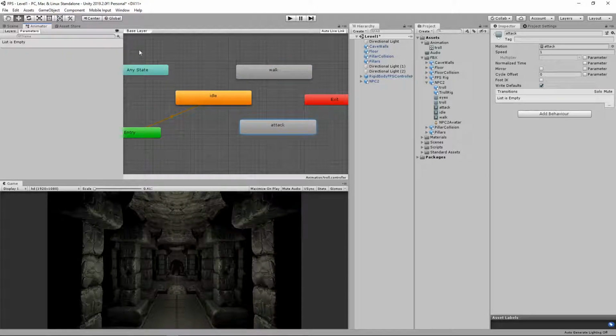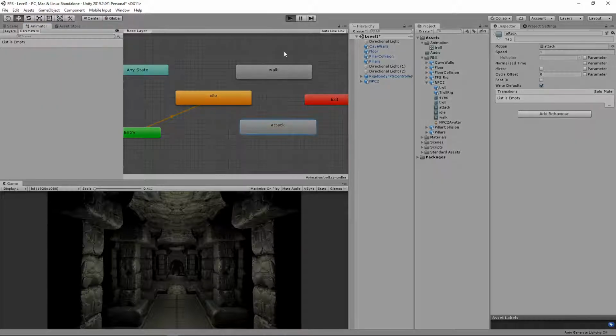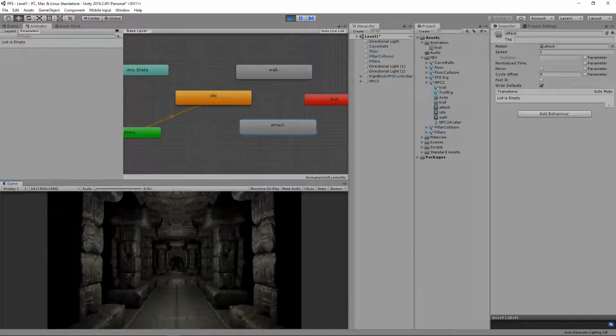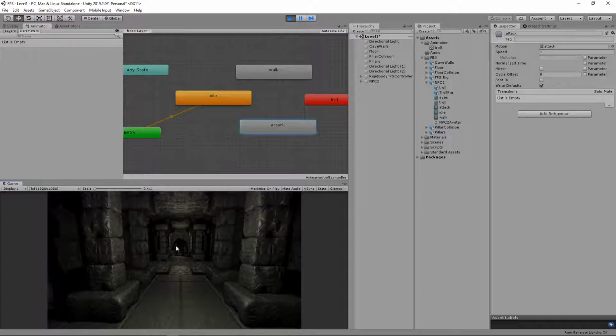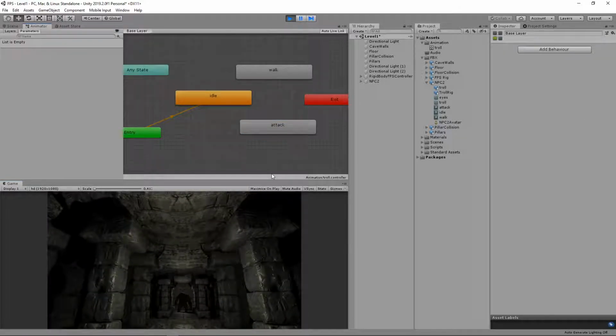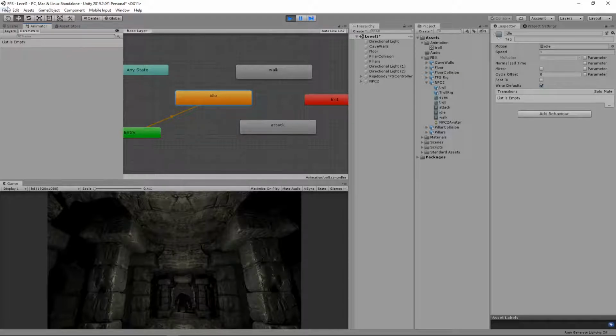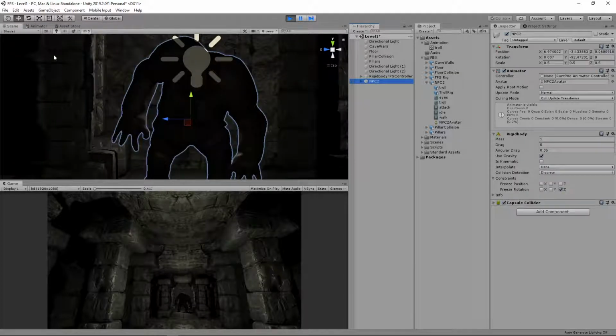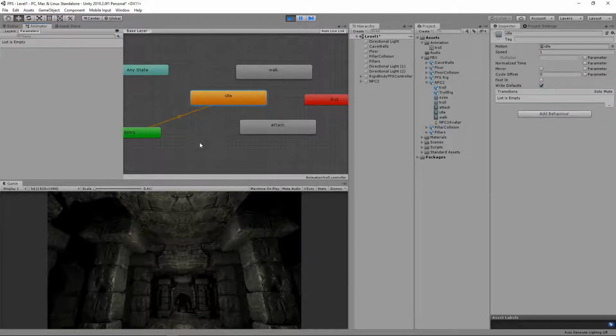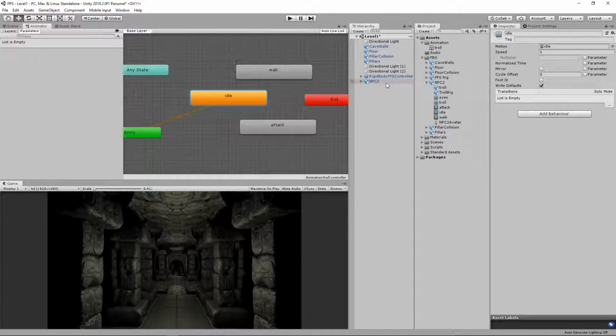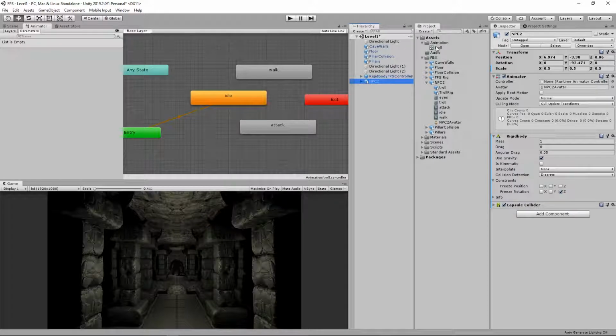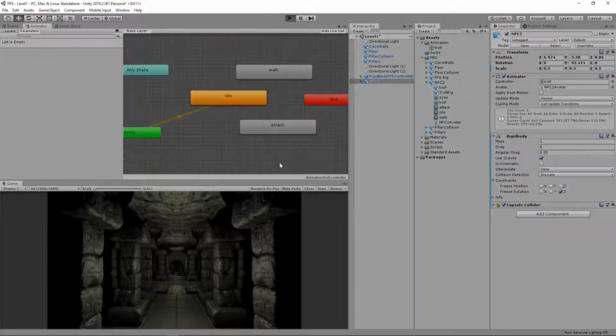Now we're just going to have a very quick look. I'm going to press play, and you should see, if you can, that the character is playing his idle cycle. So select the non-player character. Oh no, he's not. He's not playing his idle cycle, and the reason he's not is because we haven't associated this animator controller with this non-player character. So you can see here it says controller none. So I'm going to drag and drop that over there, and now when I press play,